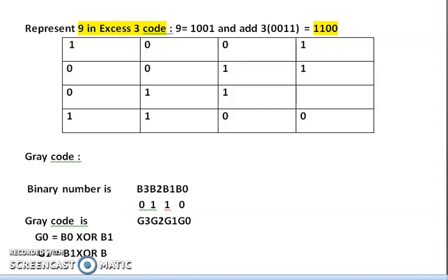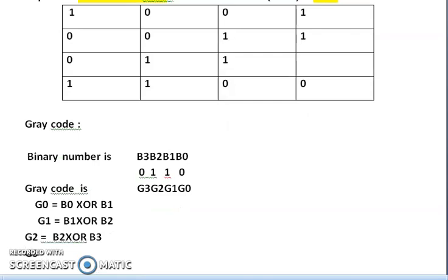G2 equals B2 XOR B3, and G3 equals B3. So it is the formula.